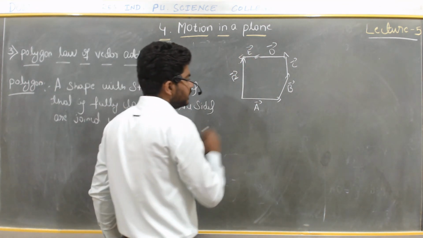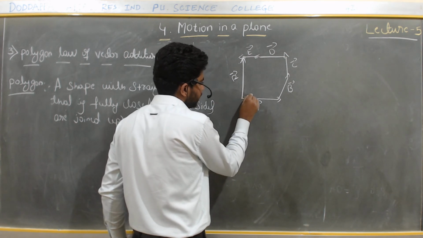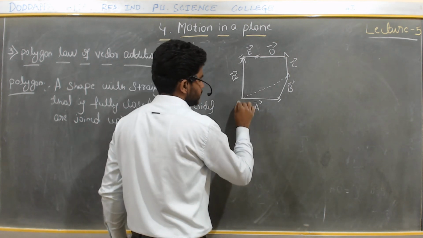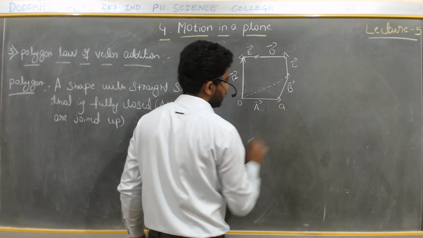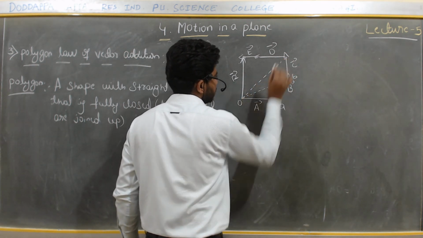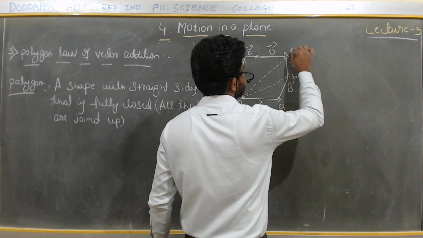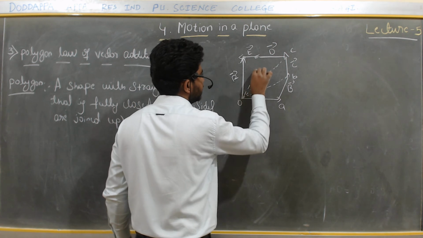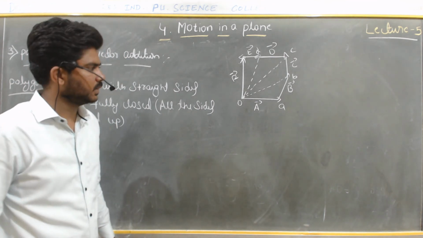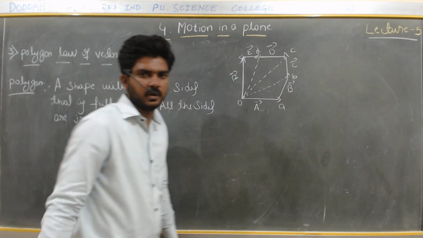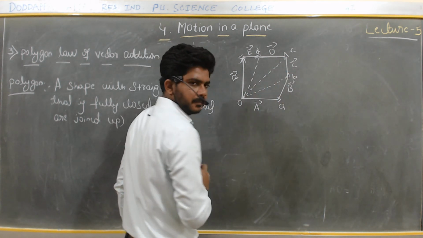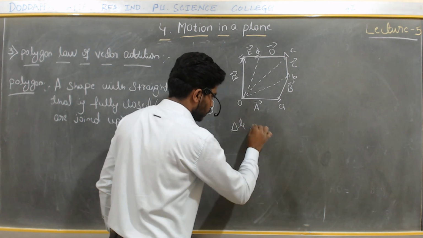See, here again you have to make one line from the origin to the point. This one, you may call O. This is A. This point is B. And again I will join from this point to this: OAB, and this is C, and this is the small d. See here, again we have to apply the triangle law of vector addition. OAB is there, triangle OAB, right?